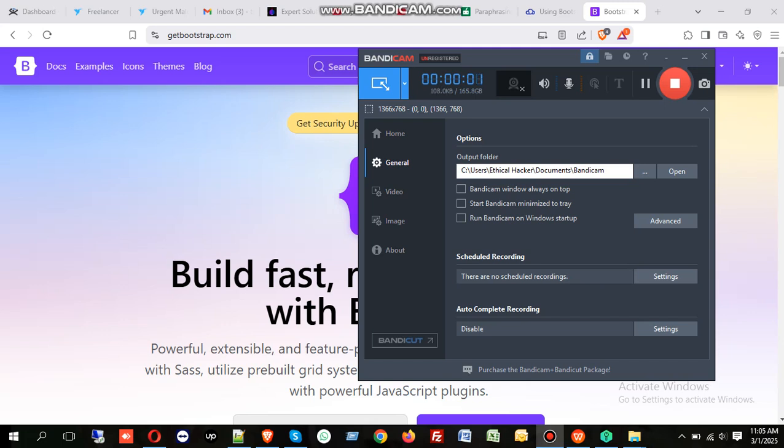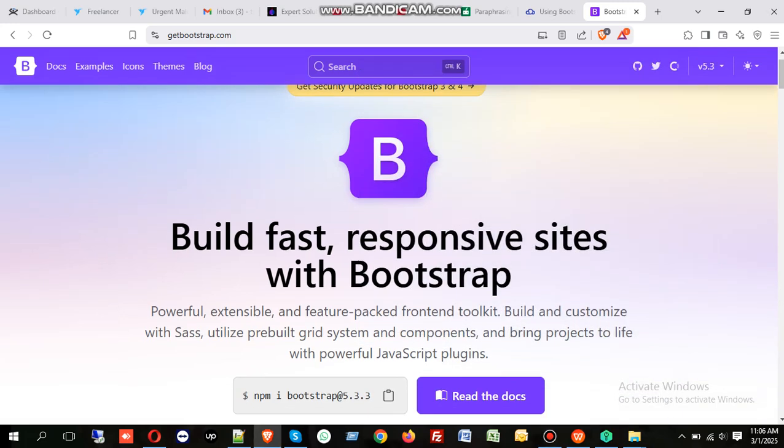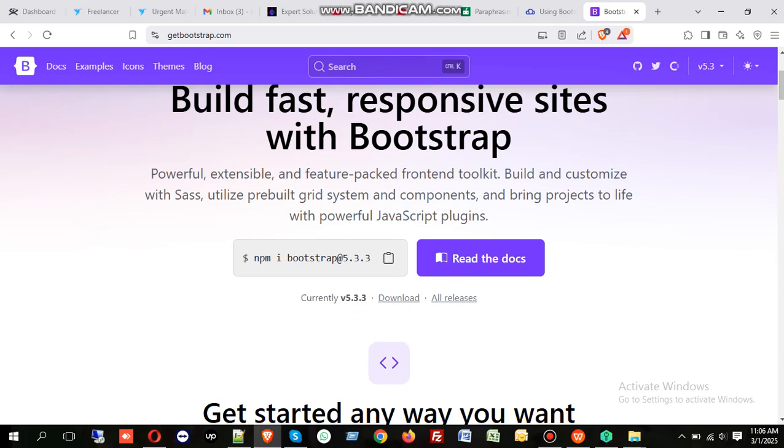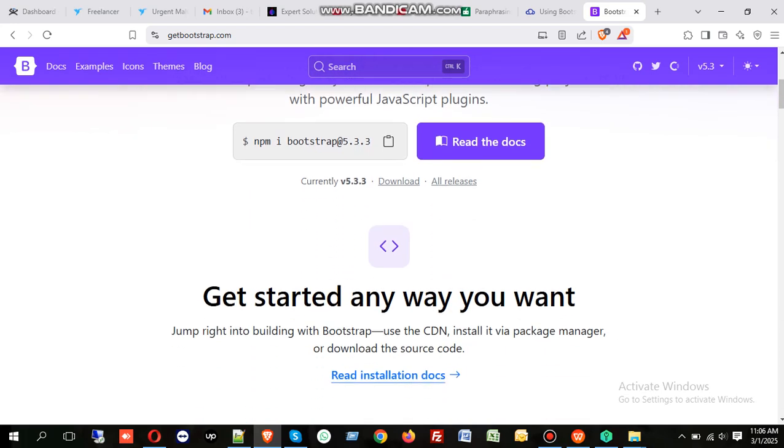Hi, in this tutorial I will show you how to optimize your website, make it responsive, and make it user friendly. Here I show you that's the Bootstrap. Bootstrap is a framework